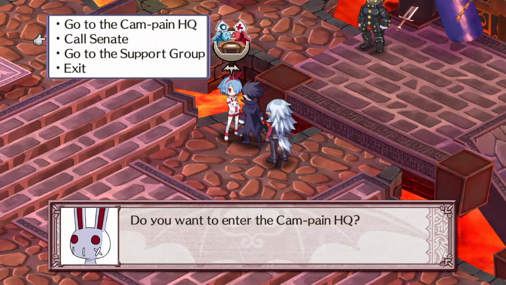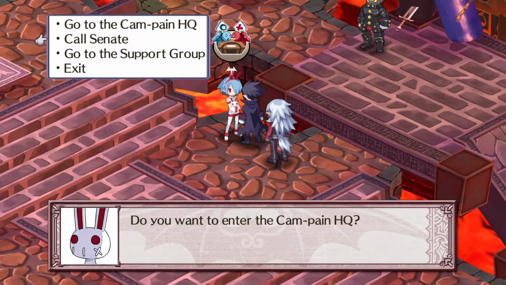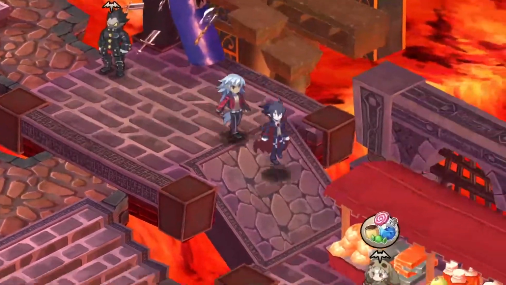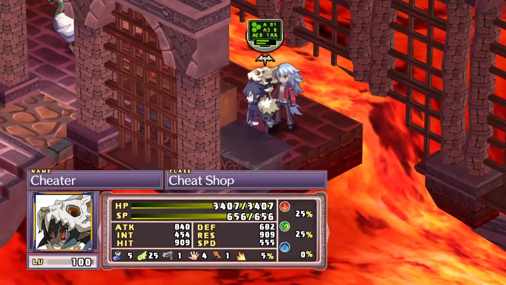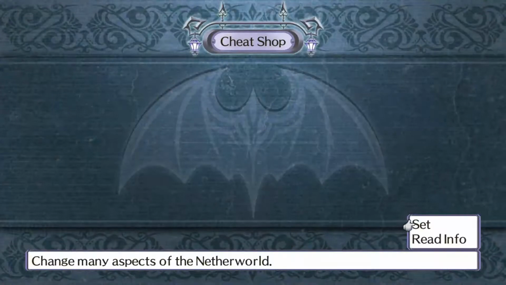So what happens is you call the vote and it should succeed. If it fails, you can save your game just before the vote and then try again. Or you can just spend more, I believe it costs mana to call a vote. Either way, once the vote succeeds, the shop will open. Shop is right here in this corner. And what you want to do,